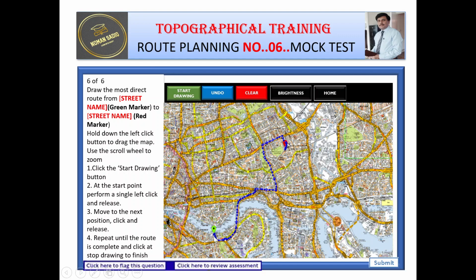Now we have finished drawing our route. One thing I didn't tell you is this portion of the screen. This portion of the screen is allocated for the question. So always read the question very carefully. There might be a note here, for example for a road closure.